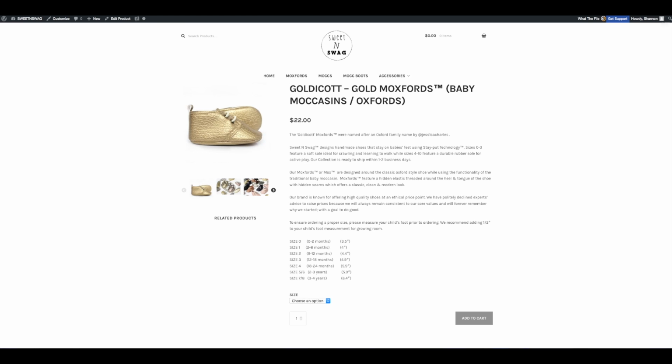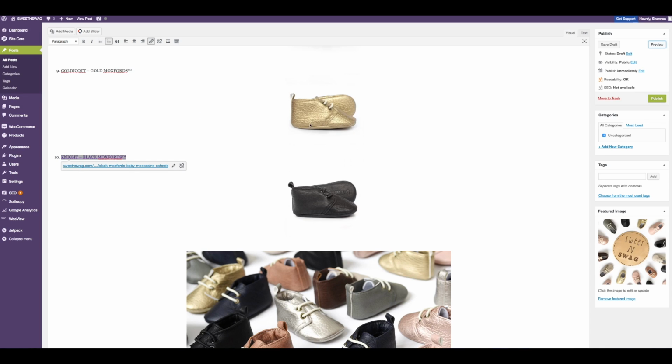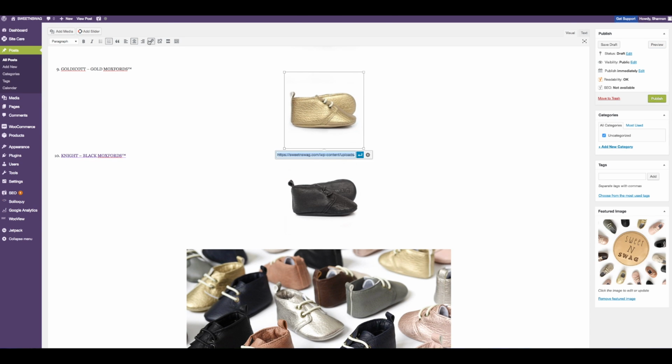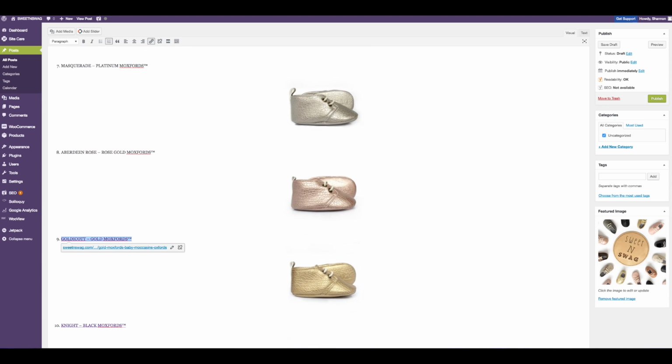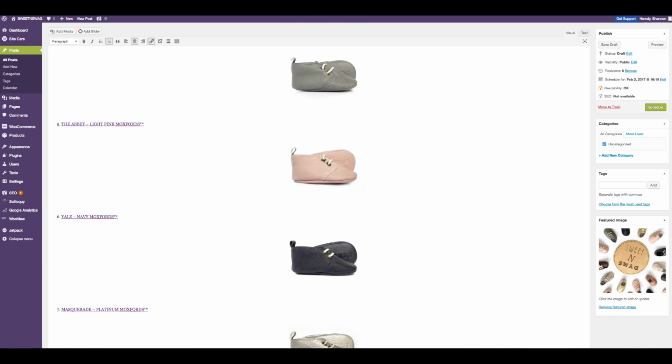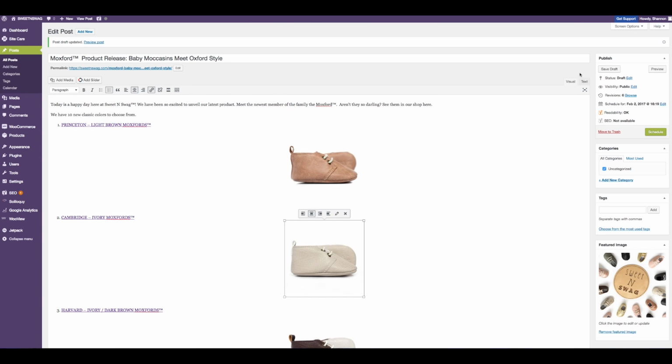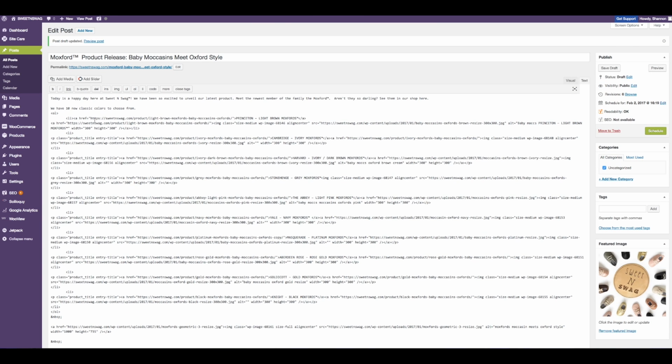So now we'll do that for each and every item that we've mentioned on the blog post. And if there's any images that, for example, the one on the bottom, we can just put that to the product category, the Moxfords, because there's a lot of colors there. So an easy way for me to see if I've done all of the images is to go in the